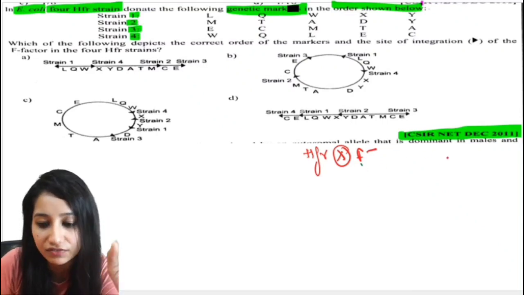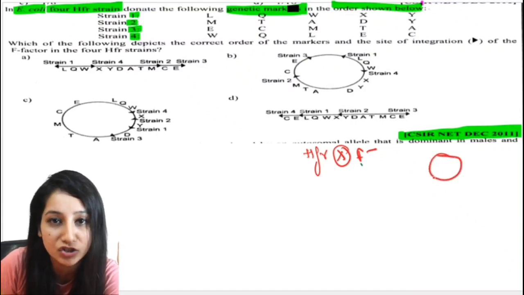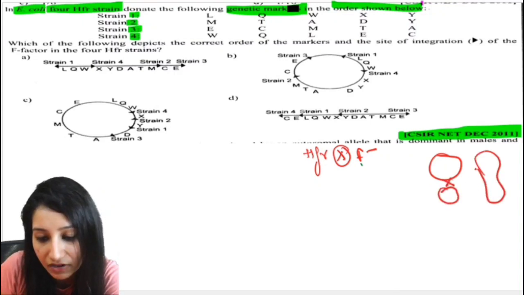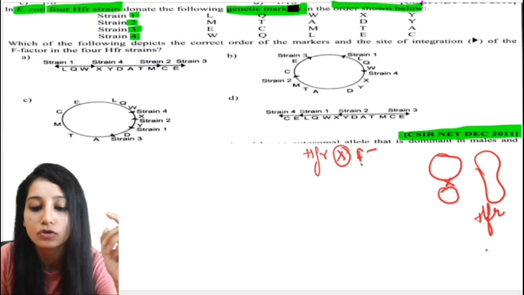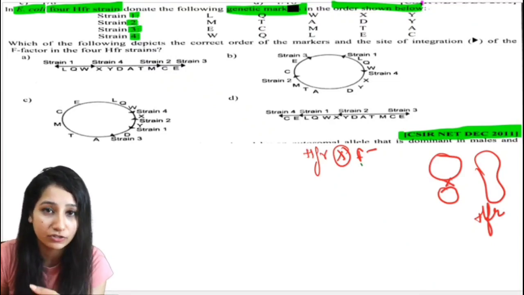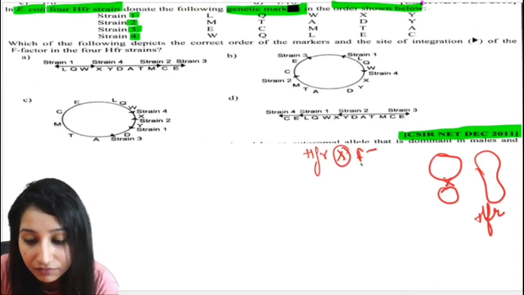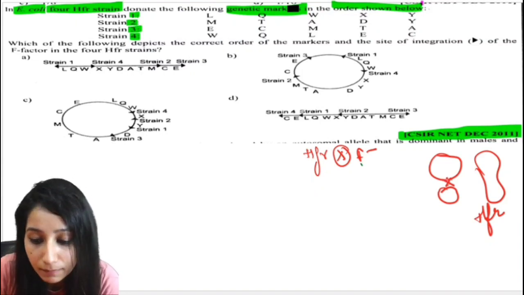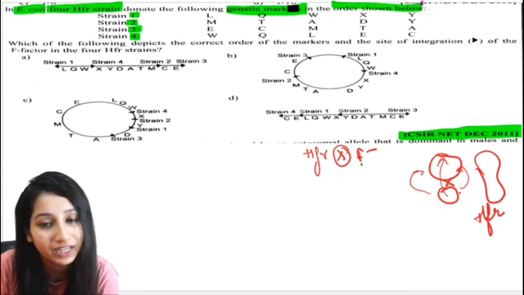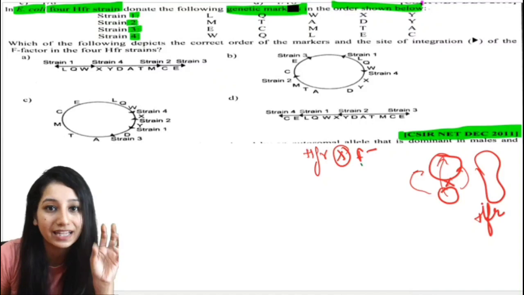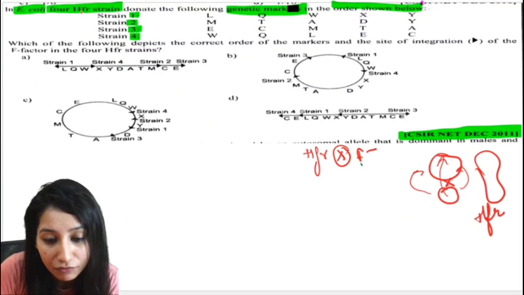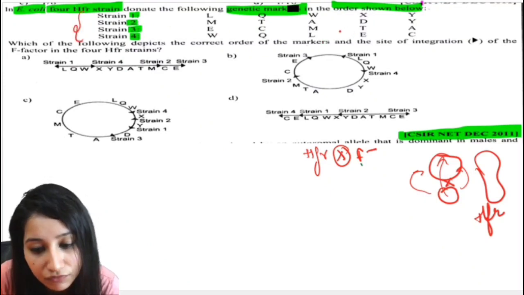We have seen how HFR is formed when the chromosomal gene of the bacteria combines with the F factor. They will form an HFR strain. So 4 different HFR strains are there. I have also told how 4 strains of HFR are formed. This F factor will join with the chromosome. It is not compulsory that it joins here. It can join here also, it can join here also, it can join anywhere. So according to where it is joining, 4 different strains or many different strains can be formed. Here we have 4 different strains and the transfer of genes is shown.